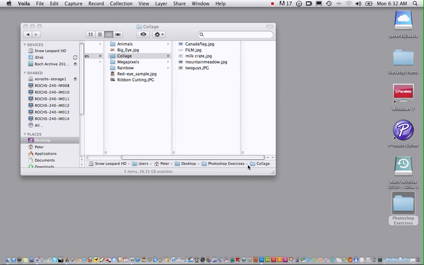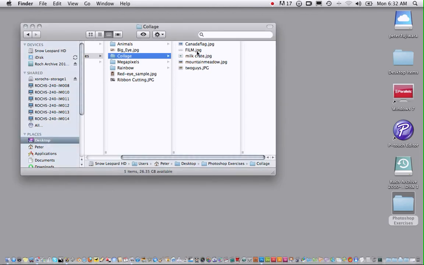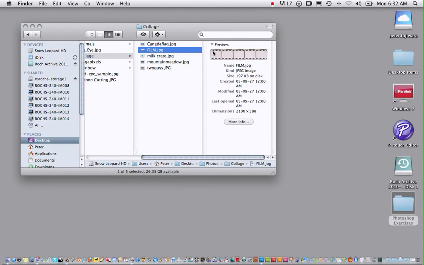The next Photoshop activity is going to involve opening several photographs and collaging them together. The final outcome is going to be a film strip. I'm going to show you the film strip here, where we're going to place several pictures in each of these frames within the film strip. Okay, well, in order to do this, we're going to open up several photographs,